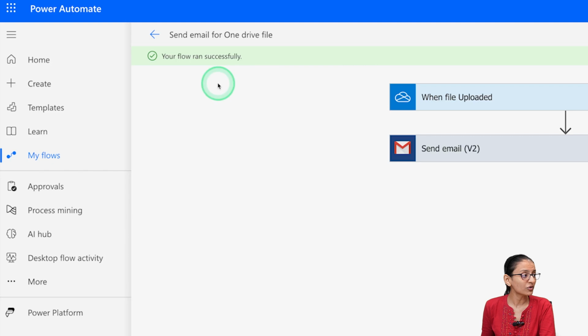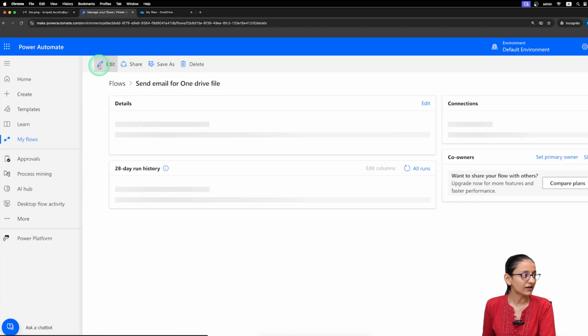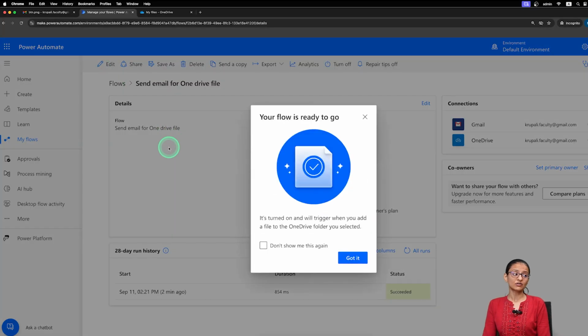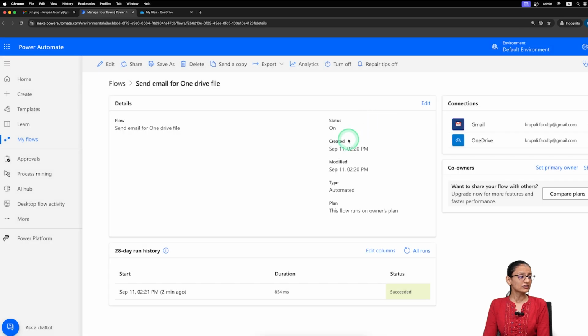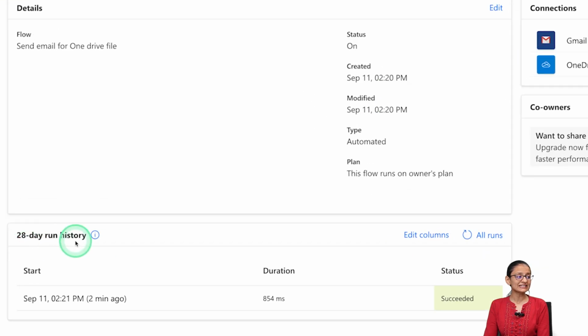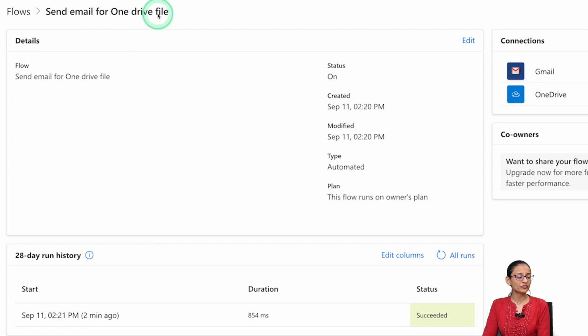So once you go to your Power Automate flow and see this message, flow run successfully, and if you go back to that, here you will see the analysis of your flow. So here you will see that 28-day run history. Here in this section you will see how many times the flow is run, whether it's run per day, and at which time it executes. So here you can see that my flow, that is send an email for OneDrive, is